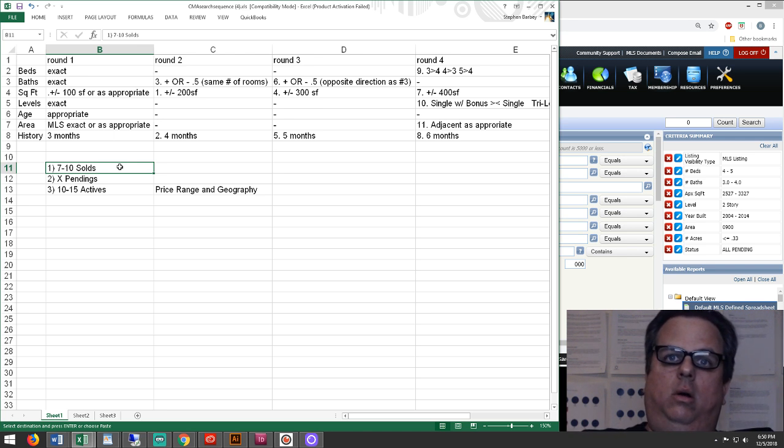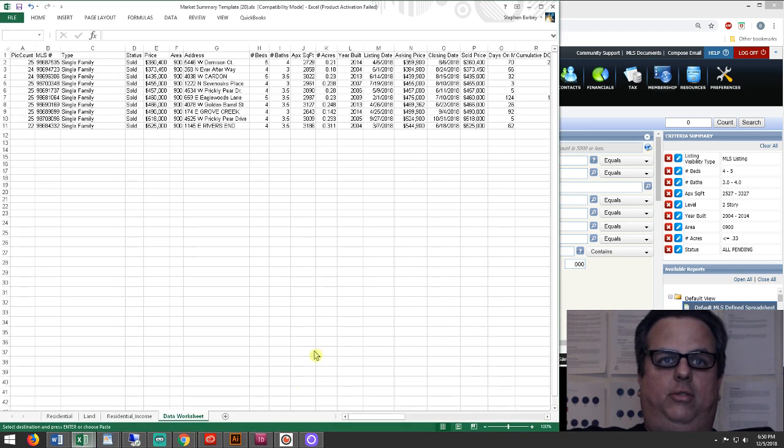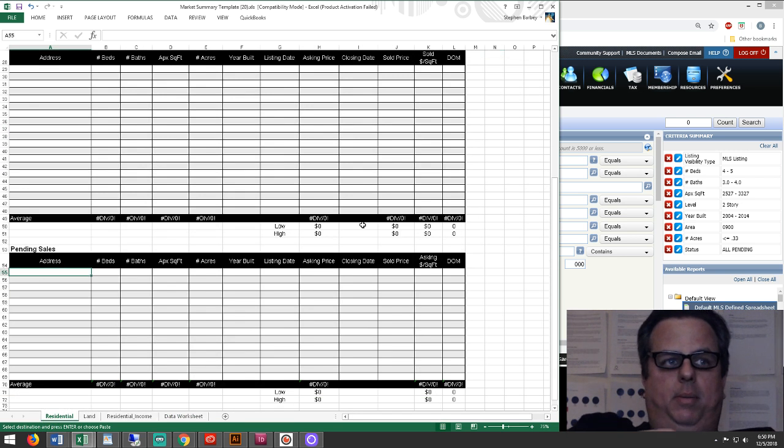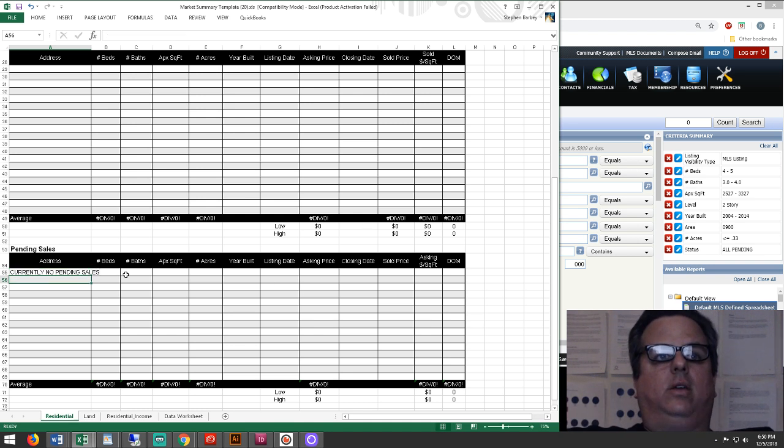And if there's 0, like there is in this particular instance, we're not going to adjust the criteria to force ourselves to find some pendings. No, we're going to use 0. In fact, what we're going to do is in the market summary template, in the pending section here, we're going to type in currently no pending sales. And the reason this has value is because it does what the pending section is designed to do, which is provide us with